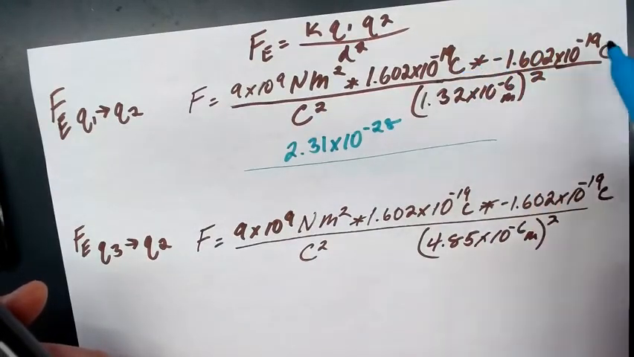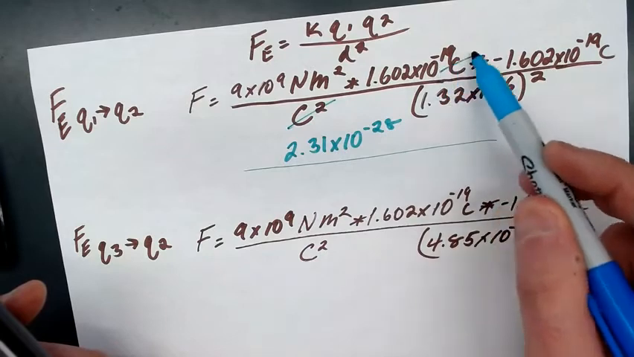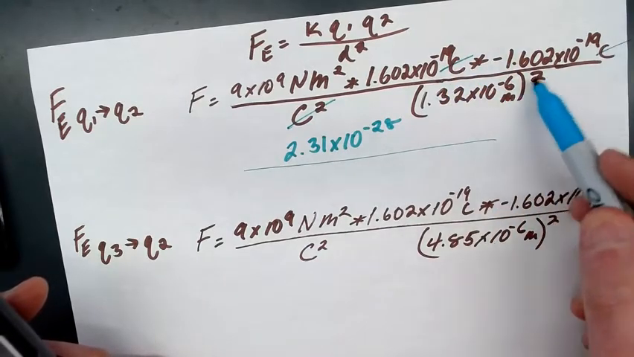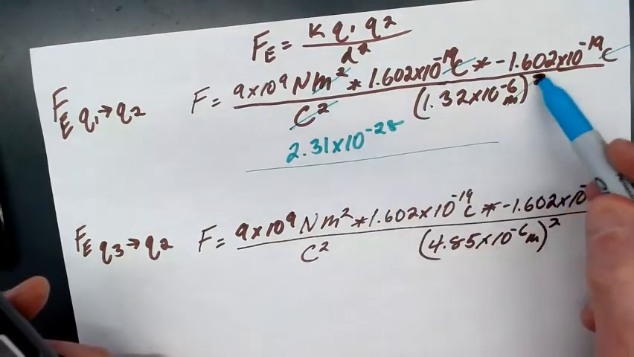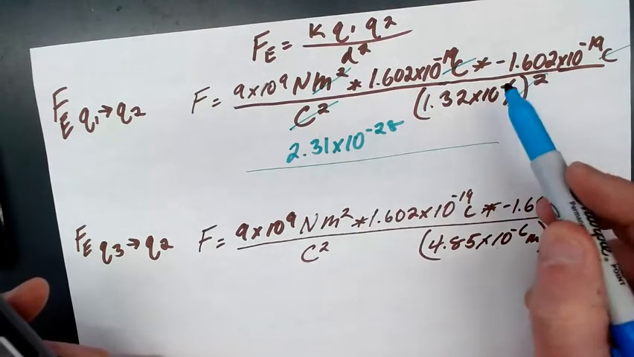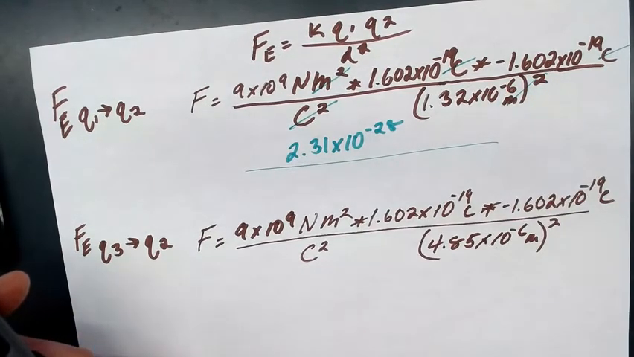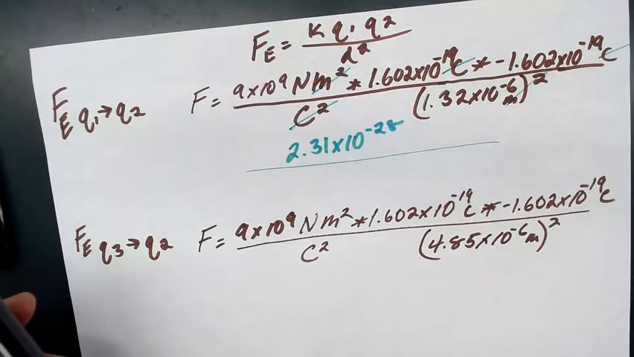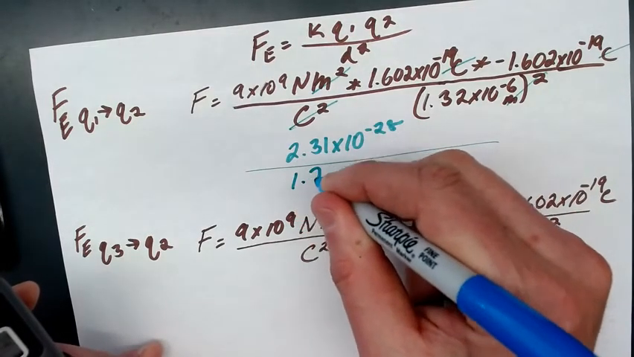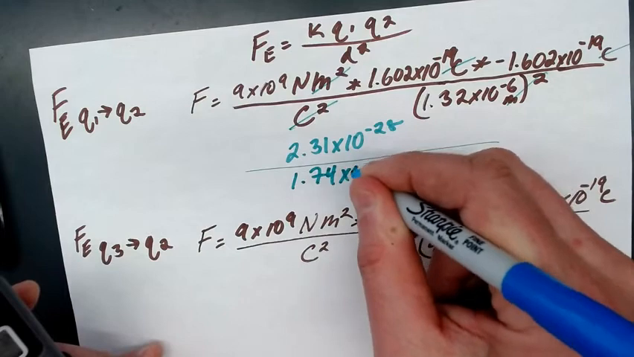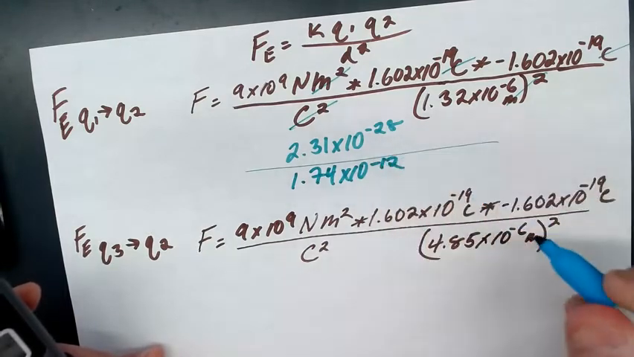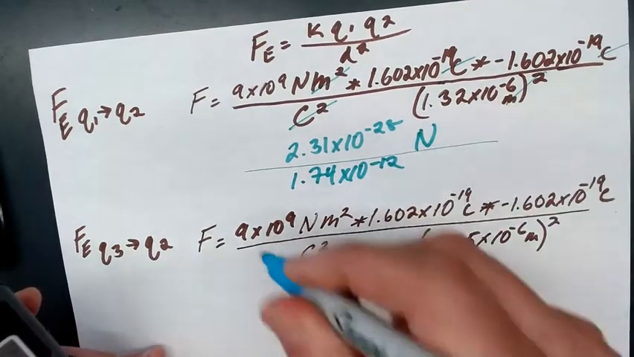So I've got a coulomb, and that's going to cancel out with the coulomb squared on the bottom. This meter squared is going to cancel out with that meter squared right there. But don't forget I have to distribute that. So I'm going to go 1.32 to the negative 6, and that's going to be squared, which is 1.74 times 10 to the negative 12. So we're dealing with really small numbers here, and this is all going to be